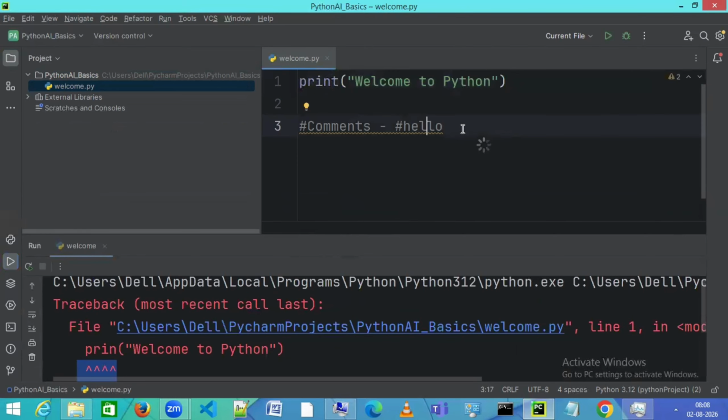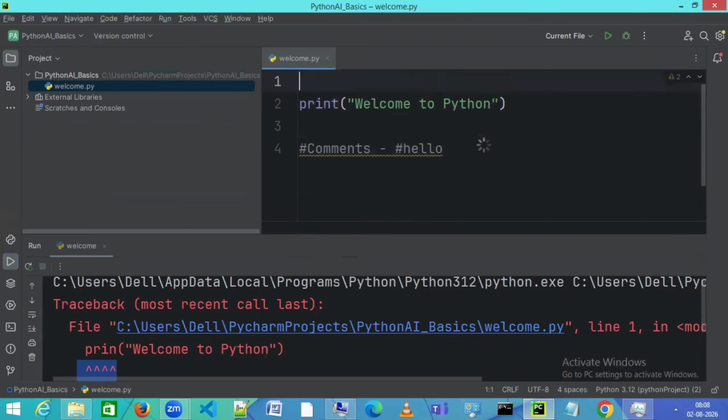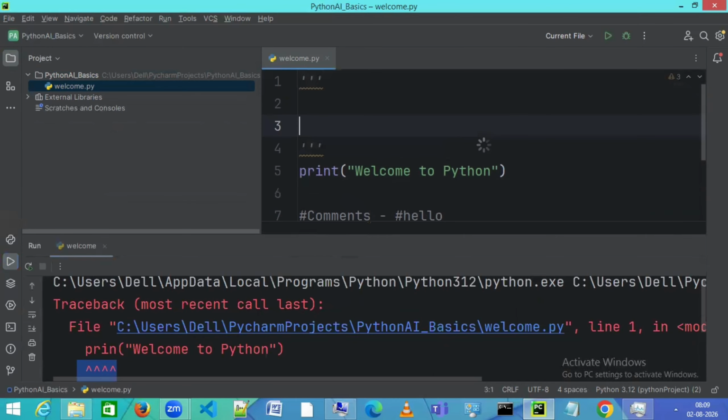So for now, let's talk about the comments. So this is a single line comment. Now, what if a user wants to provide a certain description for this particular program? We can do that with the help of multi-line comments also. Basically, have three apostrophes to start off with and three apostrophes to end with. And then you can say function documentation,